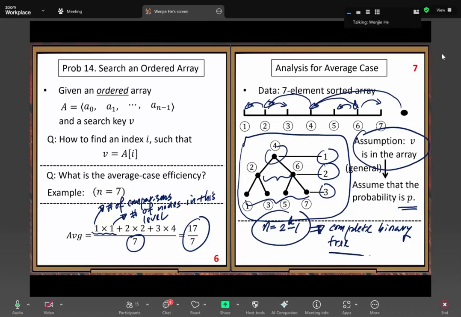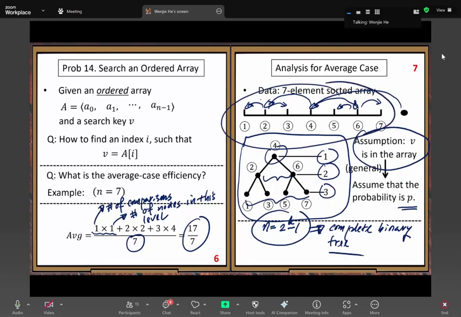It's not a precise formula. So if you do that, you get an approximate answer. And another thing is, that formula is for the average case for all the nodes in your binary